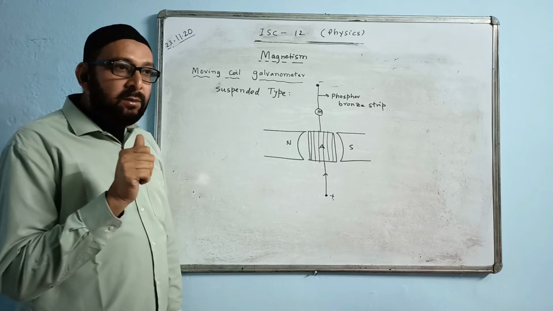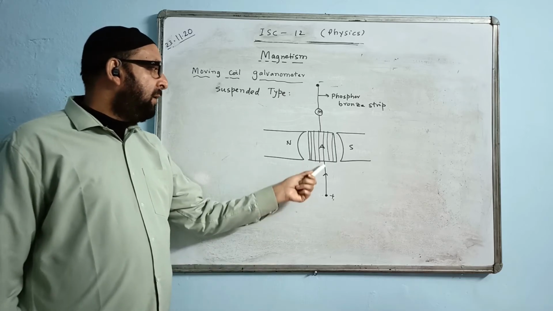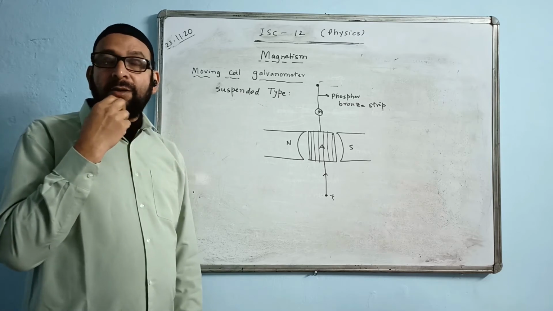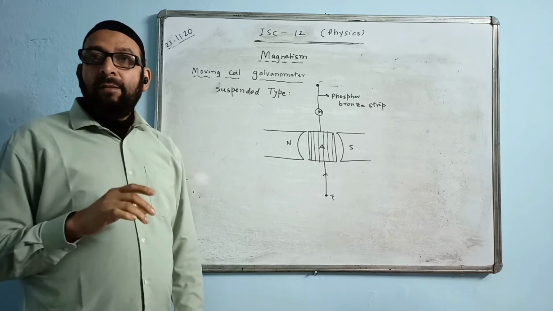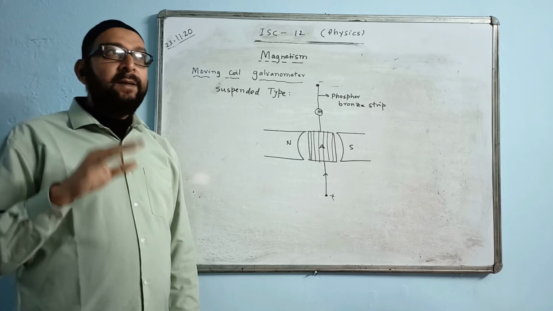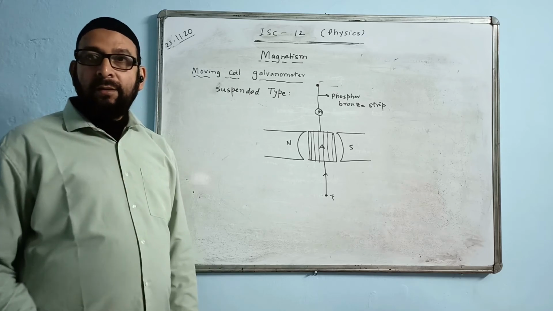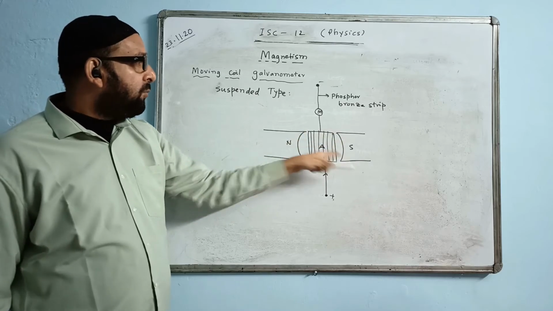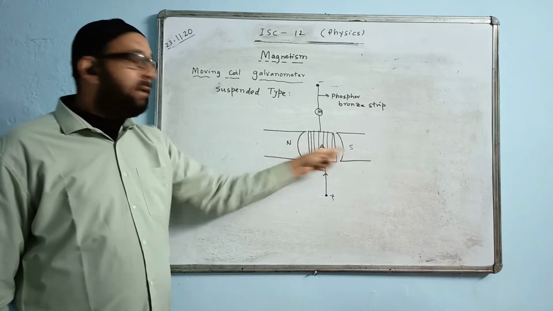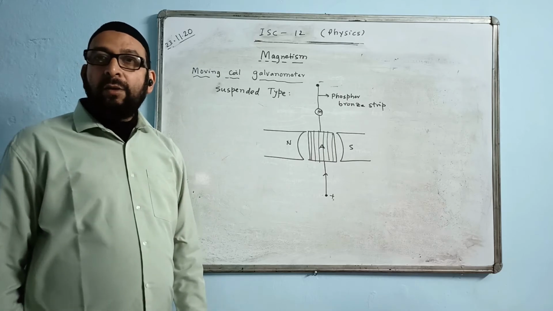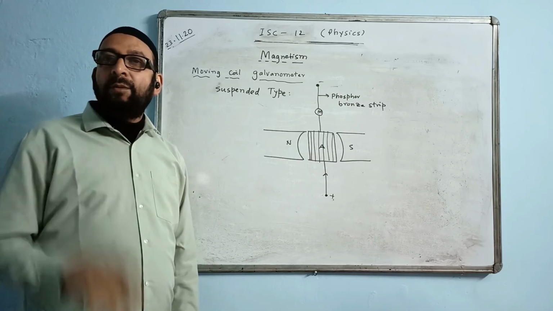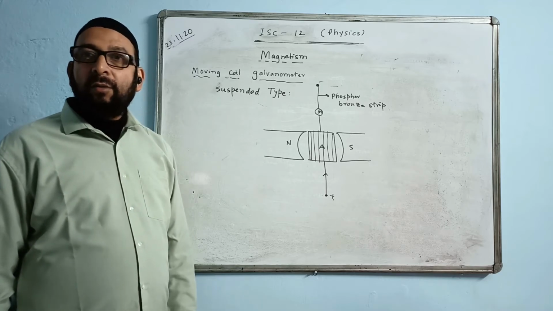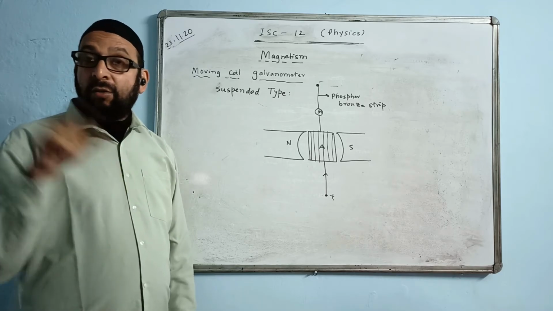So when we supply current, what torque will be generated in the coil? I give you the formula: torque is equal to BINA sin theta, or BINA cos alpha. But what kind of surface are we using out here? The pole pieces are ground concave. What is the use of concave surface? We have maximum torque and constant torque throughout. And what is the value then? Torque is equal to BINA. That torque is called deflecting torque.